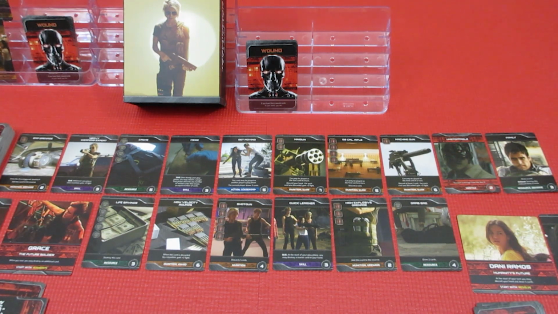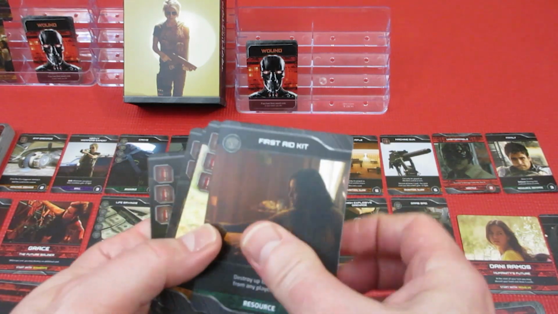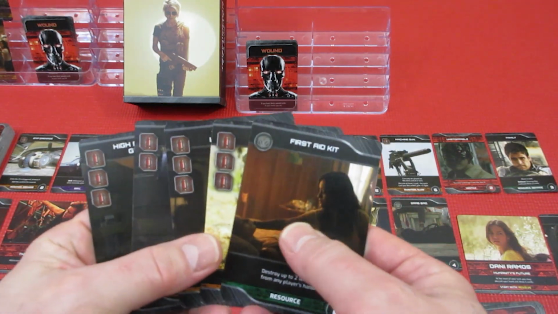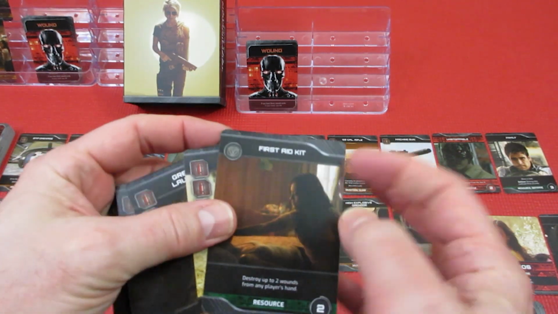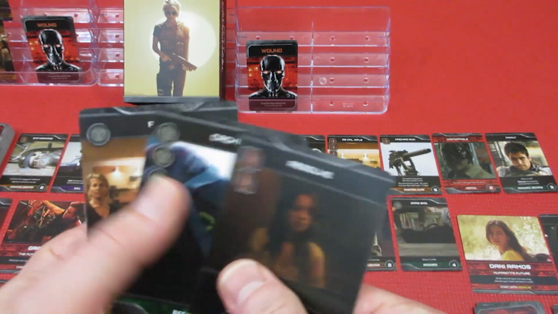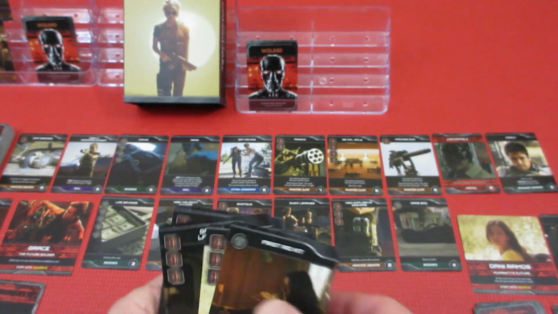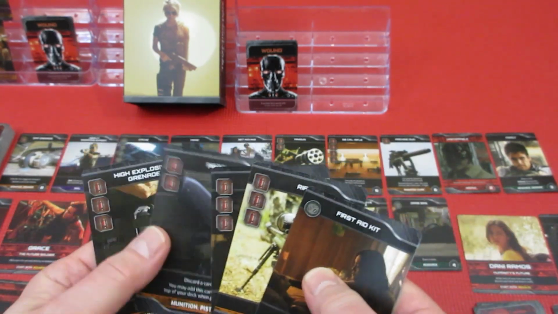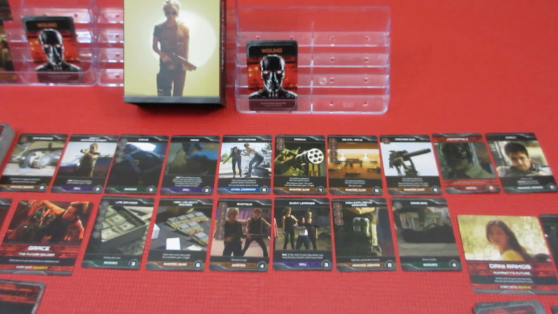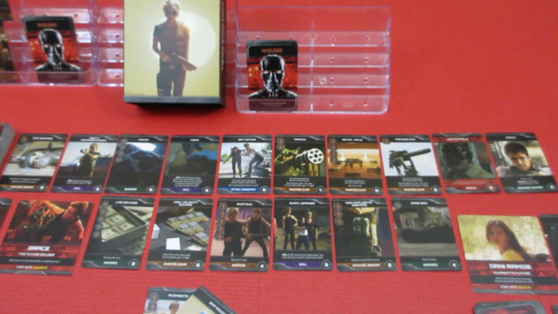Over we go back to Grace. Alright, back to Grace, and once again I think she has all kinds of attack. So she's going to play first aid, destroy up to 2 wounds from any player's hand. Danny does not have a wound. So once again Grace's turn is kind of wasted. So boom, discards, draws up 5 cards, EMP rounds, augments, and